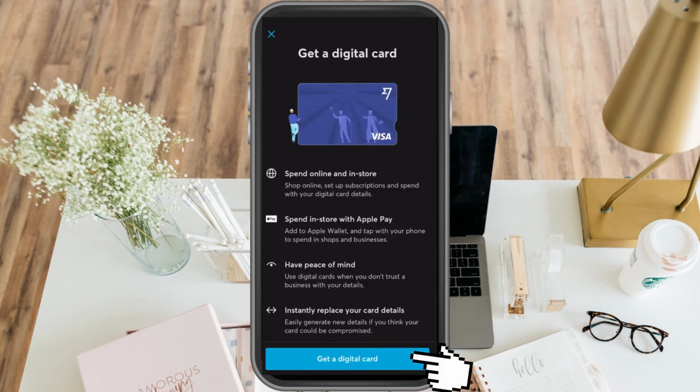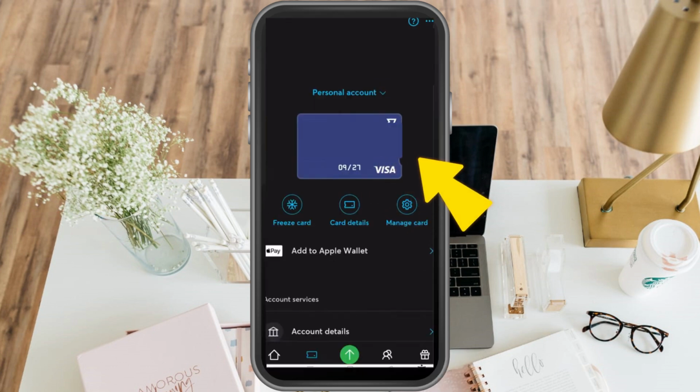card. And as you can see here, here are the benefits and advantages. Spend online, spend in store with Apple Pay, have peace of mind, instantly replace your card details. Tap this get a digital card, enter some information that are needed. This is just basic information, and then once done you will see that card over here, and that's how easy